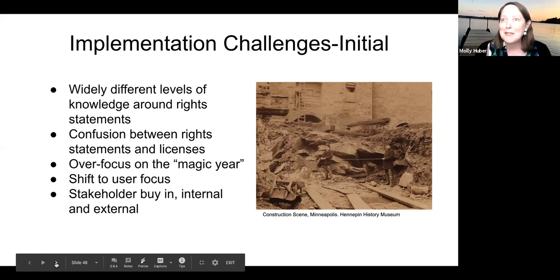You need to get everyone to agree on the importance of it and why it should be done and how it should be done. And sometimes that can be a real challenge. So make sure you set aside some time to work on the relationships and the communication to make sure that everyone is in the same place as you before you launch forward. Next slide, please.